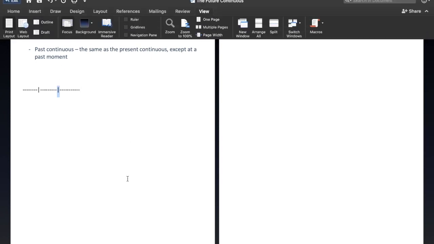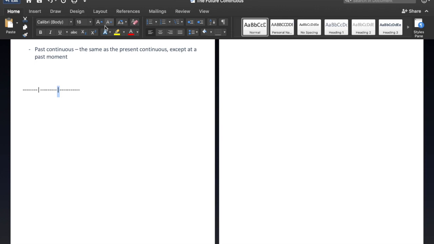But what we said about the past continuous was that it was the same as the present continuous, but instead of being at the current time, it was at a past moment. And it helps for this to look at some timeline diagrams. So if this is a timeline with time going from left to right,